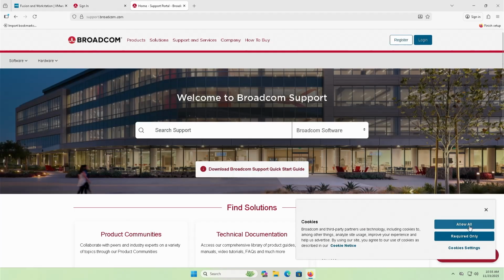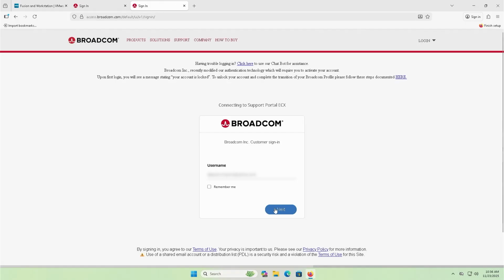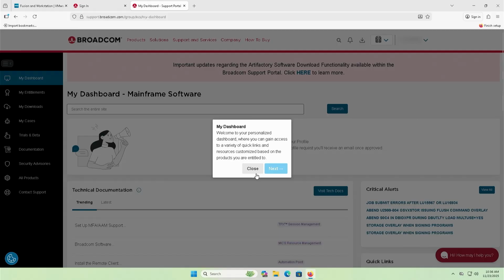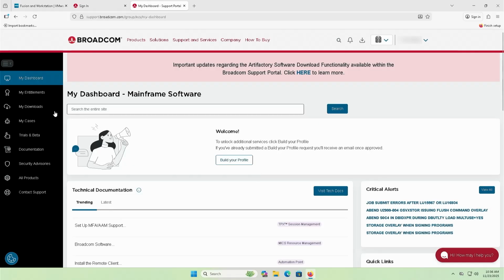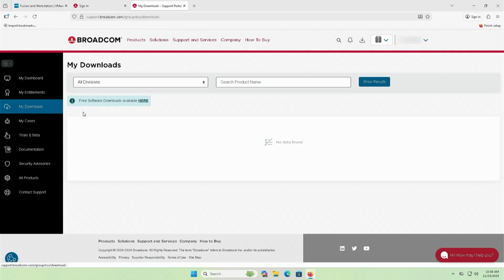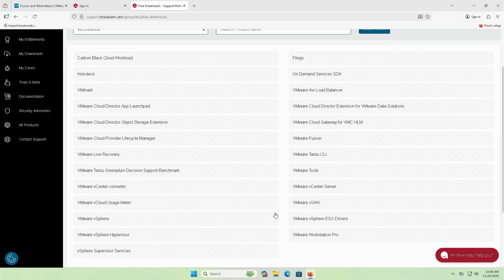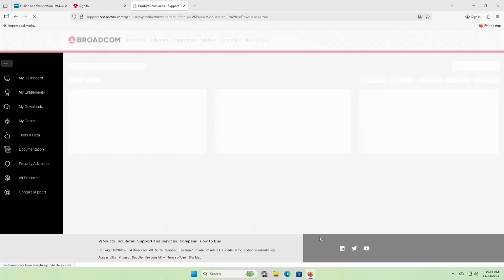Close, allow all. All right, and I'm going to log in, put in your email address and your password, sign in, and close, and going to my downloads, and then select free software downloads available here. And I'm going to go down to VMware Workstation Pro,